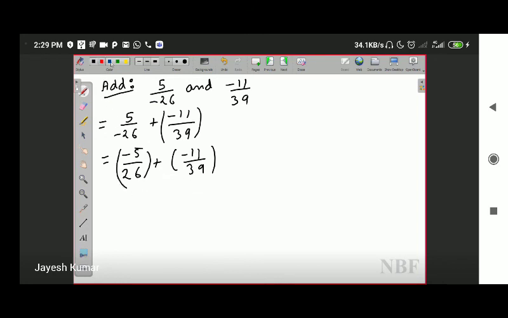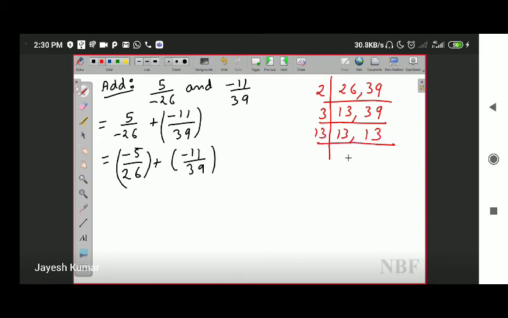Okay. Now what are we going to do? We take the LCM of both the denominators. First denominator is 26, second denominator is 39. Two 13s are 26 and 39 as it is. 13 does not come in table of 3, but 39 does, that is 13 3s are 39. Lastly 13, that will be 1. So LCM in this case will be 2 3s are 6, 6 into 13 is 78. So LCM is 78. Now we have to find out what should we multiply with 26 to get 78, and what should we multiply with 39 to get 78.